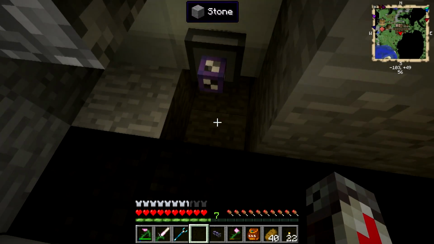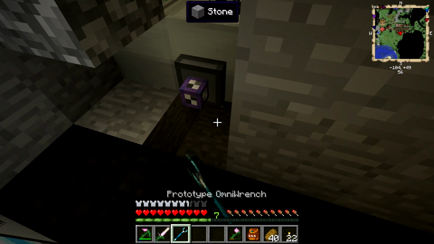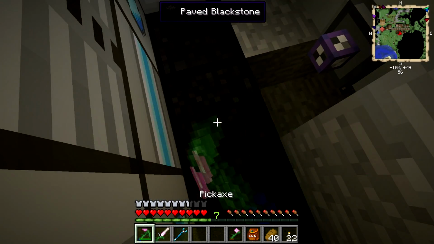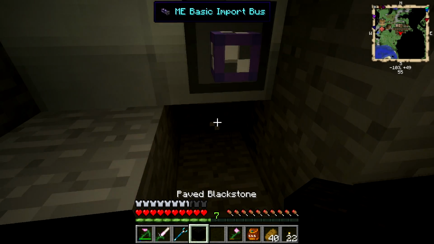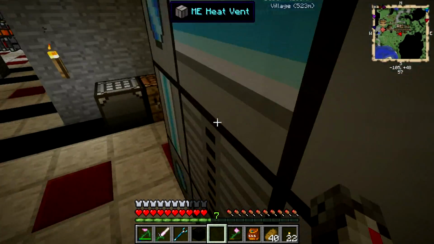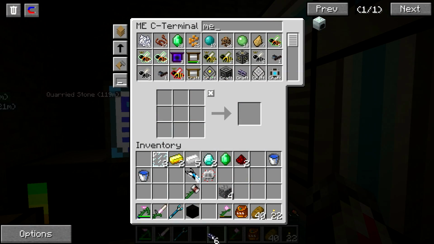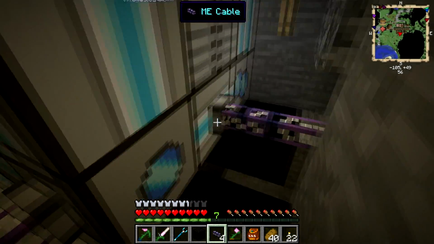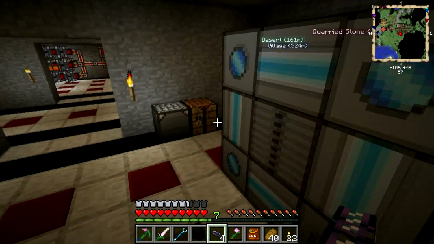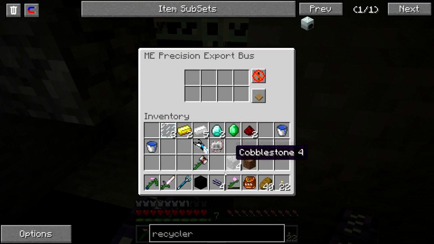So we're going to put an export bus right there. We're going to put an import bus underneath, and we want to make sure that it's touching the top. And let me go ahead and get that out of the way. Okay, touch the top. Perfect. And then we need some ME cables. Not the drives. ME cables. Right there. Thank you very much. And then we just plug this all in and connect it right there. And what we're going to do is we're going to say dirt. We want dirt to get transferred into our...